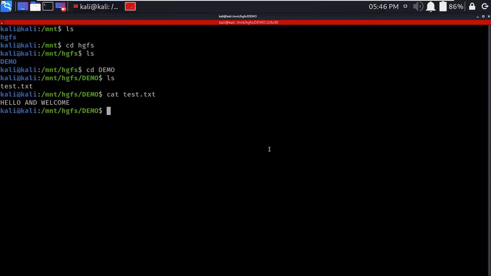So this is an easy process to share your folders or files from the host operating system to the guest operating system. Because if you don't do this process, you have to externally save the file or folder on a pen drive, attach it to your guest operating system, and then copy and paste the required files and folders. That is a complex process. The process which I have shown you is an easy method. You only need to do some configuration and some folder creation, which will make your usage easy and your process reliable.